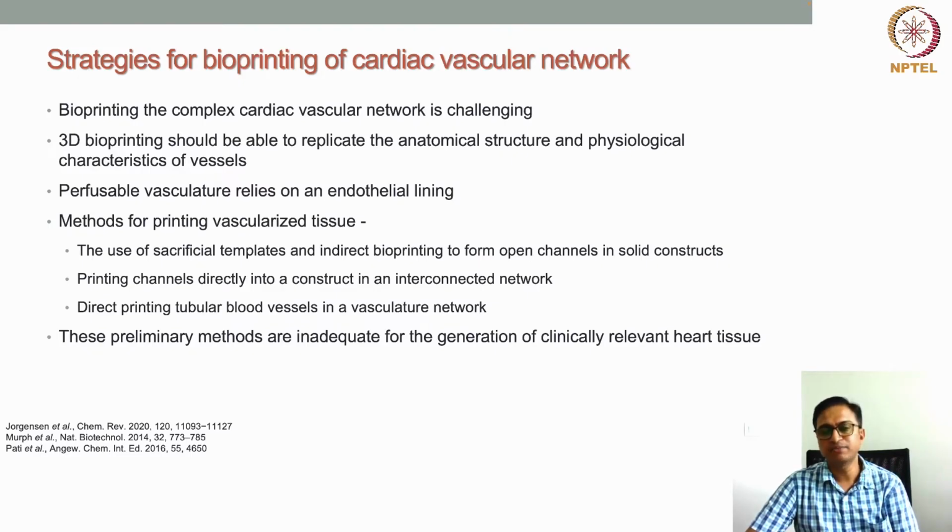The other thing is direct printing of tubular blood vessels in a vascular network. That is also another strategy, where a coaxial bioprinting method can be used, which we have discussed earlier. In the coaxial method, there are two concentric nozzles, a core nozzle in the inner part and a surrounding nozzle. Through the core nozzle, suppose we send a